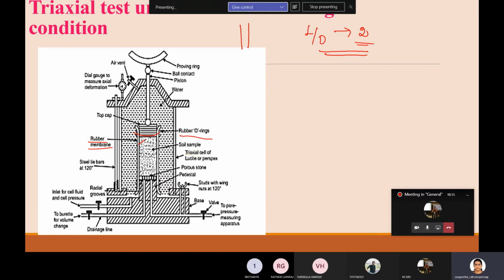Once the assembly is done, fix it to the pedestal. To the pedestal, the sample along with the porous stones is kept. Then you have to place this pedestal inside